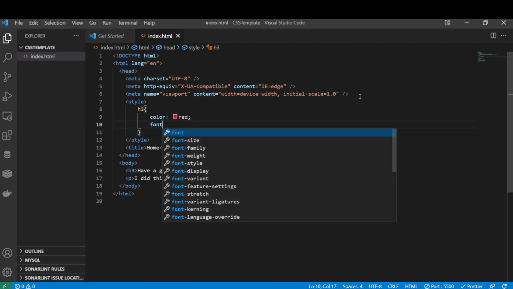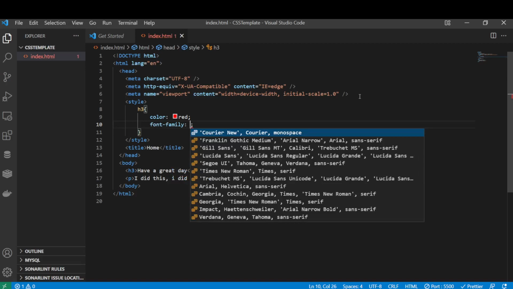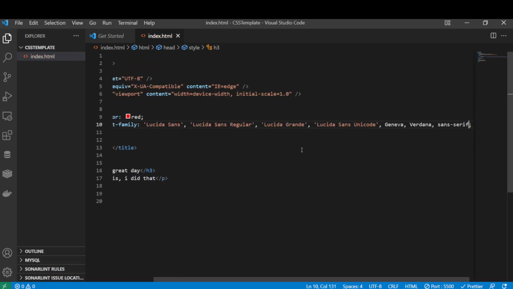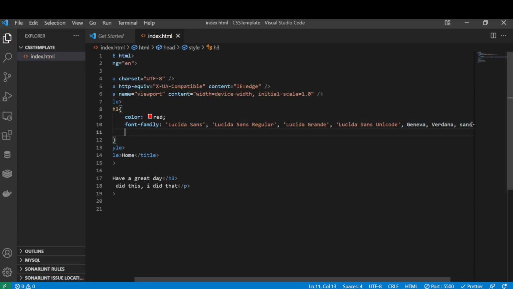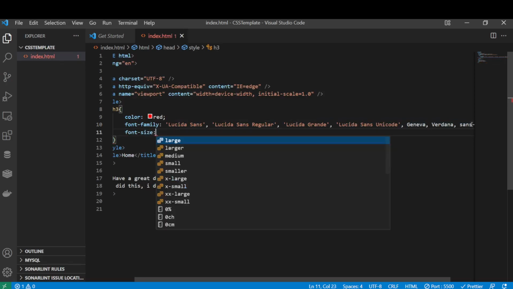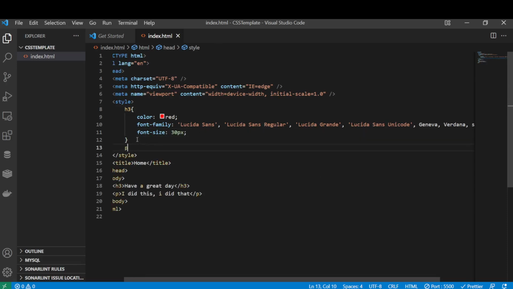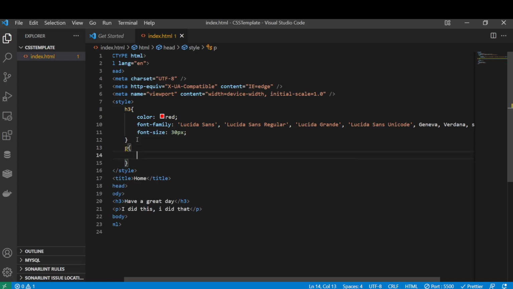I wanted to have font family of around, maybe Lucida Sans, Lucida, and so on and so forth. Okay, now that you have that, let's also have font size. Maybe we can use 20px for this or probably 30px, to save. And then another one is we have the p tag. So your p tag is we have color green,